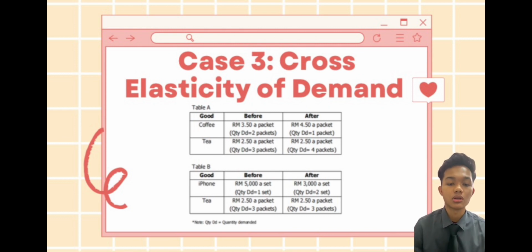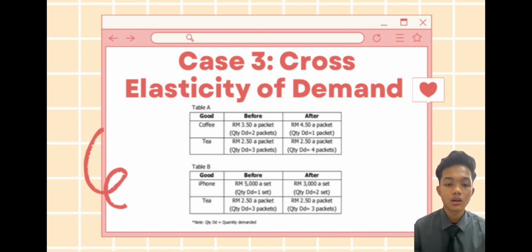In this question, there are two tables, table A and table B. For table A, there are two goods, coffee and tea. For coffee, the old price is 3 ringgit and 50 cent a packet, and the quantity demanded is 2 packets. The new price of the coffee is 4 ringgit and 50 cents a packet, and the quantity demanded is 1